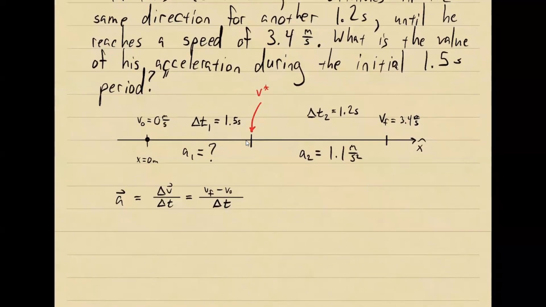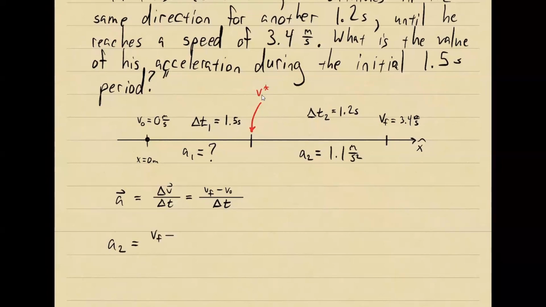So let's look first at the second half of the problem and then work our way backwards towards the first part. So we know the average acceleration for the second half of the problem. That says that a2 is equal to the final velocity minus the velocity that they started with,